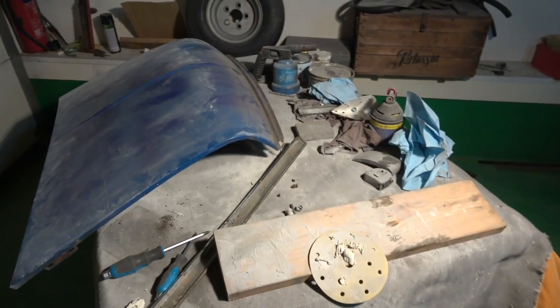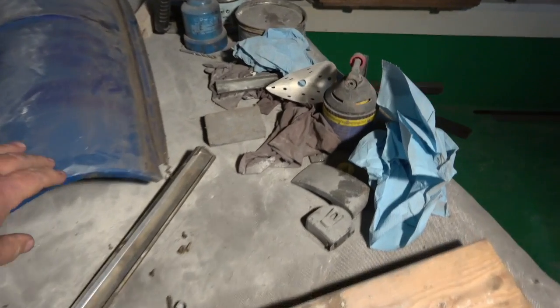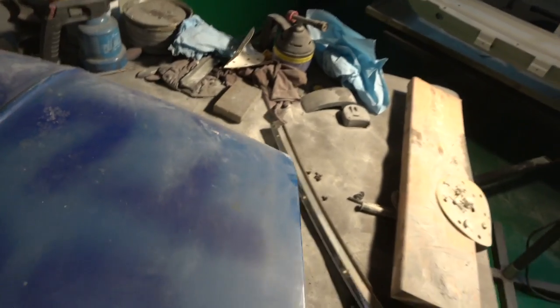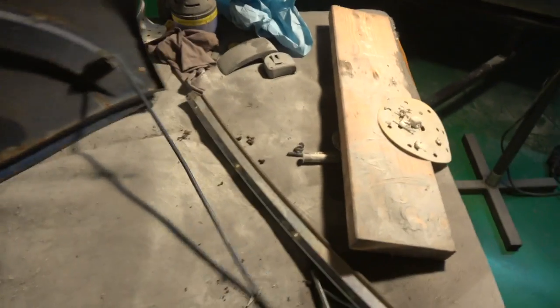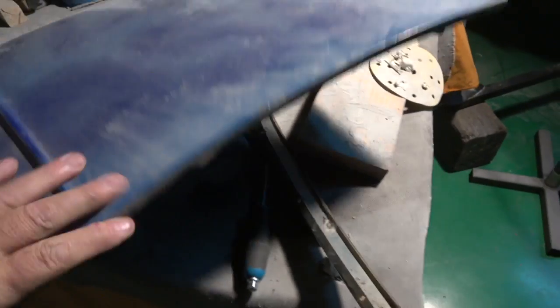So this is the bonnet that we've picked. You can see I've taken the front off. Fortunately, it's just dirt under there. There's no rust whatsoever. Well, there is little bits of rust, but what we'll do now is, you can see there's a little bit on the inside there, but it's in pretty good condition. What we'll do now is we will take this rod off, take the catch off, and then we'll just sandblast everything along with the,